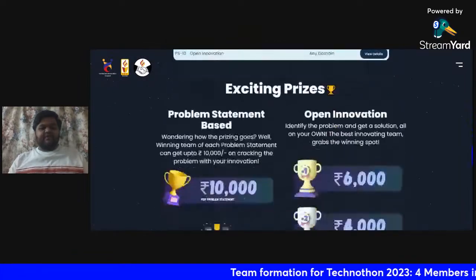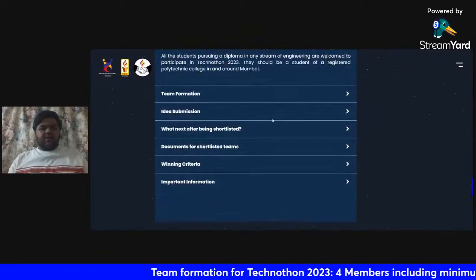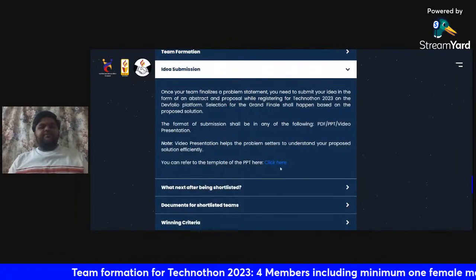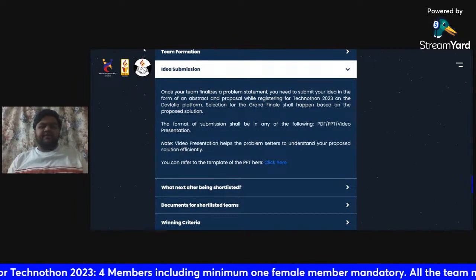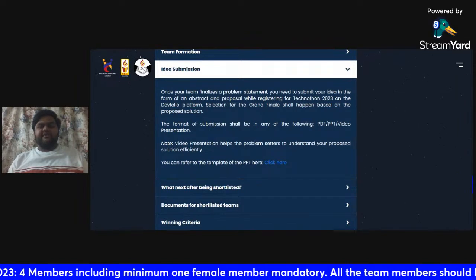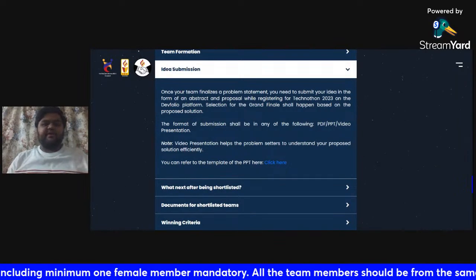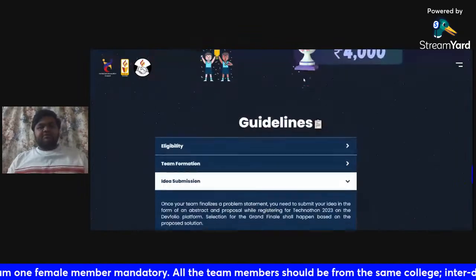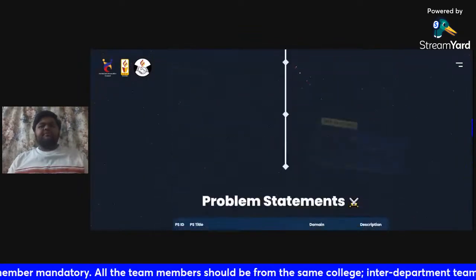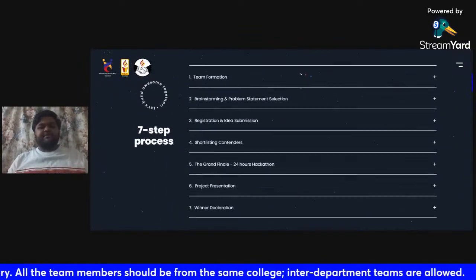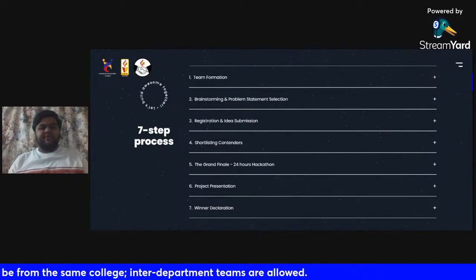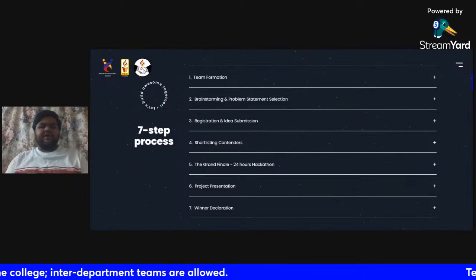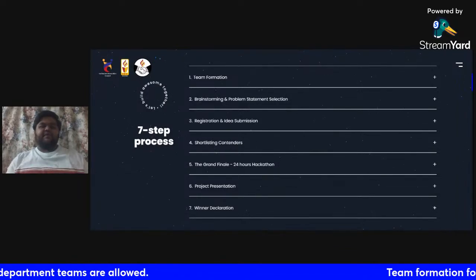So for the same, we have also uploaded a reference template PPT here, which you can make use of. You can edit the same presentation and upload it while making the application. And once you have submitted your application, the pre-screening would be taking place on the basis of the idea which you have proposed, the content which you have proposed in your presentation.